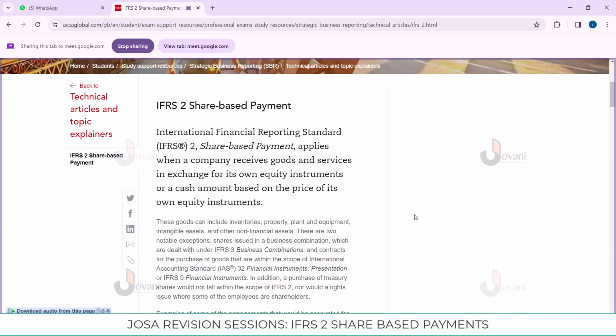Of course, when it comes to share-based payments, you know we have what we call cash payment. We can have asset for asset exchange. We can have share-based payment, where instead of giving in cash or undertaking barter trade, you issue out shares. So what you must know is that under this kind of payment,